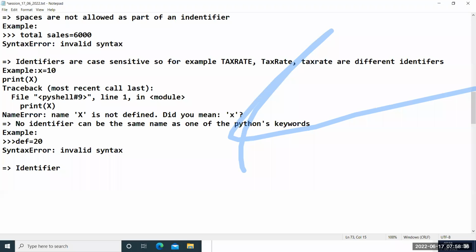Rules and guidelines. In OOPs concepts also, I will use this terminology. Understand, guys? For example, you can see there is a red caution: do not smoke in public. Is it a rule or a guideline? That is a rule. You should follow it, you should not violate it, otherwise you will be punished. But keep your premises very clean. Is it a rule or a guideline? That is a guideline. If you wish, you can follow it. That depends on your common sense. So all these are rules you must follow. If you don't follow, you will get a syntax error. That's it.